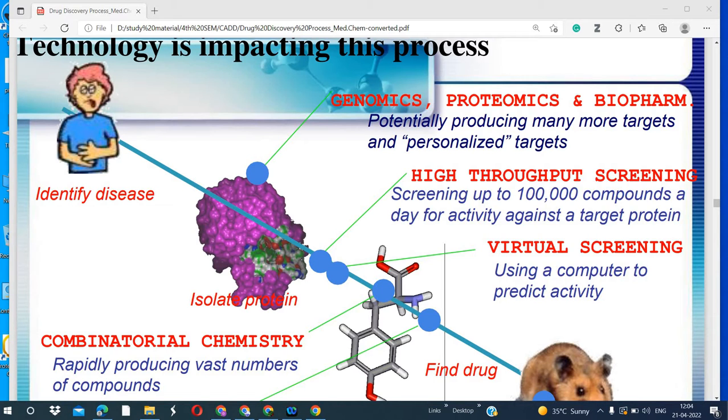So these are the different technologies. These are different branches which involve the different methods that are helpful in the target identification and validation. Genomics plays an important role in the target identification. In this branch we identify the genes and function of the gene using computational tools: which gene is involved in the disease and what are the proteins that are encoded by the gene. Because genes encode the proteins, and those play an important role in the disease.